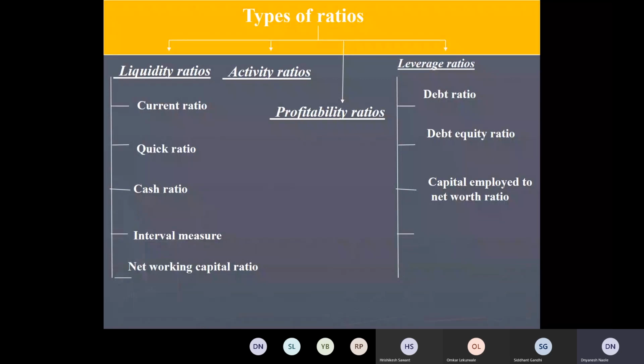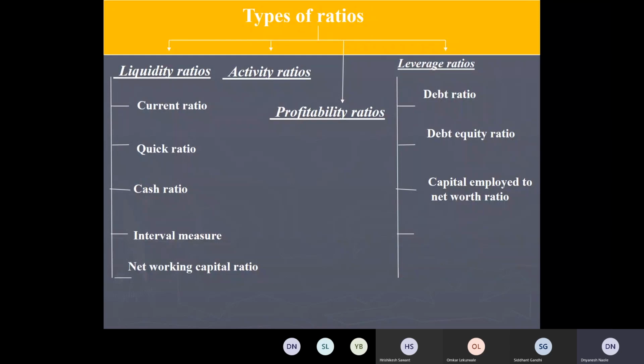Okay, so we know that we have already studied cash flow statements and the working capital flow statement, or say fund flow statement. That obviously gives you an idea about the amount of working capital available with us at a particular point of time and how much cash we are able to generate through operations. That obviously will tell you about liquidity, but even more quickly, we can ascertain the liquidity position if we use liquidity ratios.